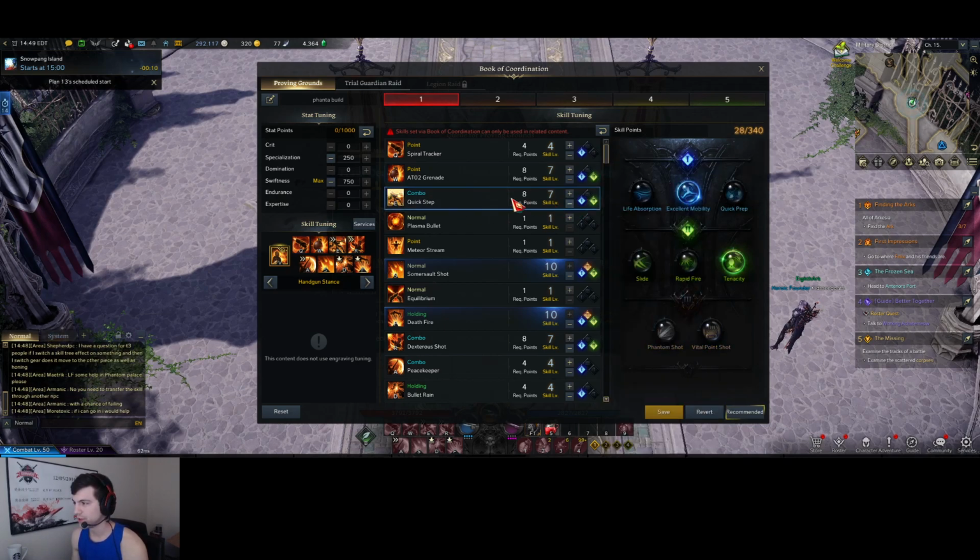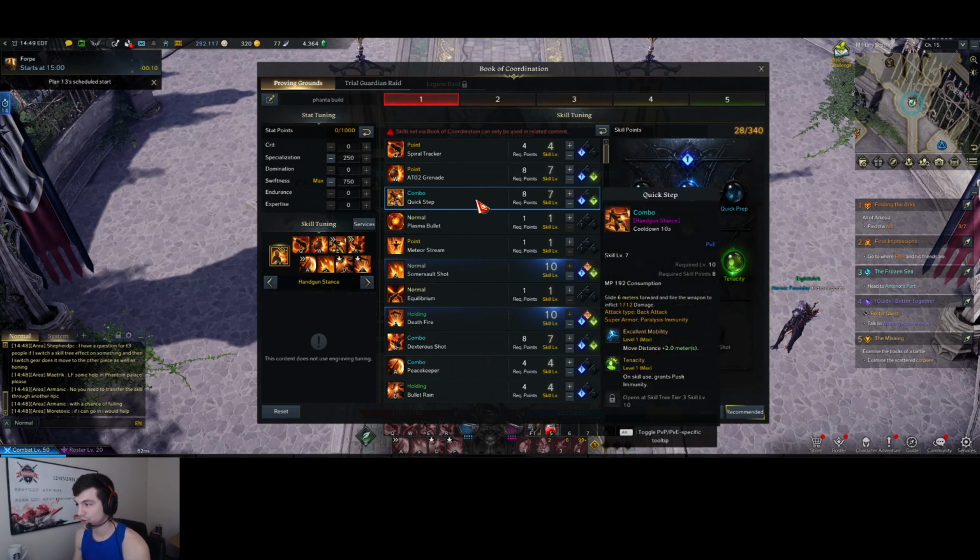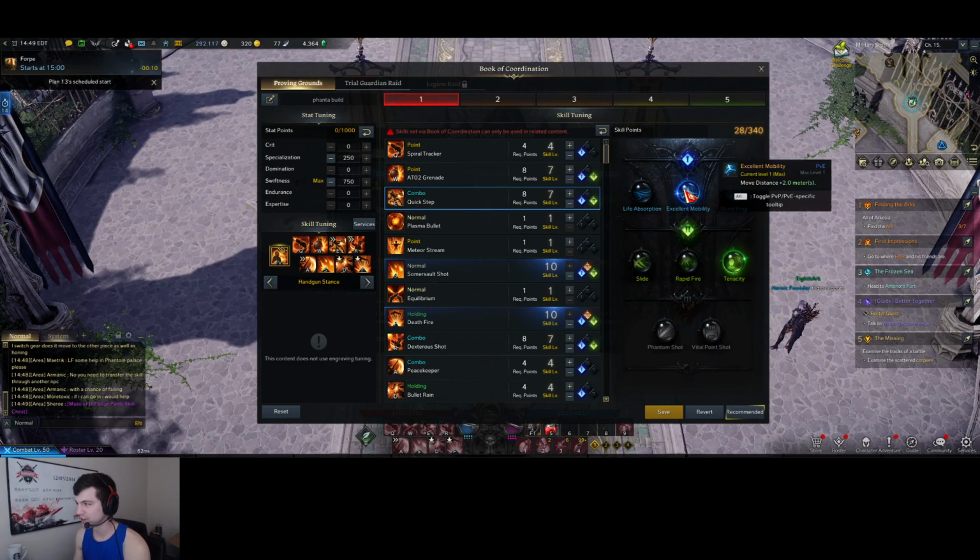And actually, what I was intending to do here is show that there's 28 points that are kind of free to use in this build, and I'll explain where you can use them. So next up, we have a 7 in Quick Step. We have excellent mobility and tenacity. And this is the first option to where you can use the 10 points. You can put 10 in here and get this